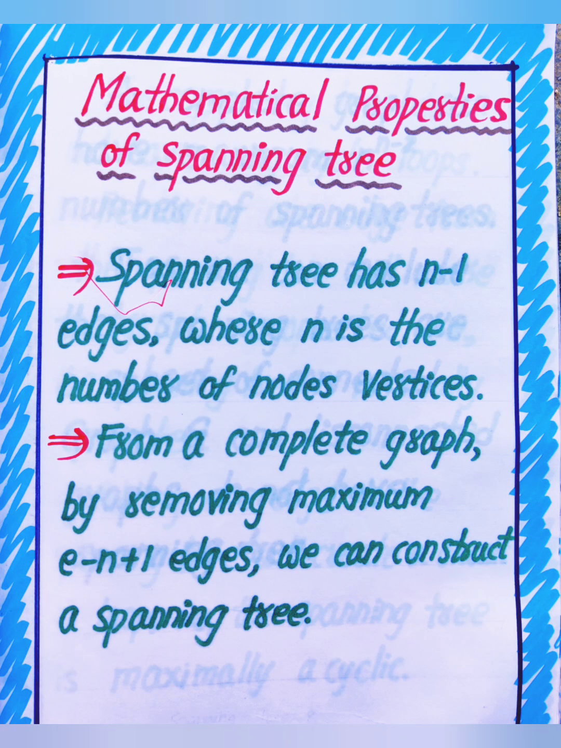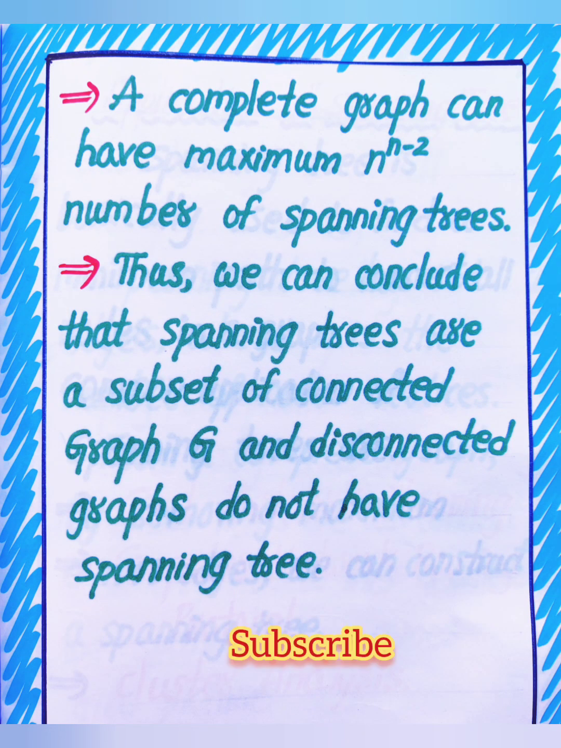Mathematical properties of spanning tree. A spanning tree has n-1 edges, where n is the number of nodes or vertices. From a complete graph, by removing a maximum of e-n+1 edges, we can construct a spanning tree. A complete graph can have maximum n^(n-2) number of spanning trees. Thus, we can conclude that spanning trees are a subset of connected graph G and disconnected graphs do not have